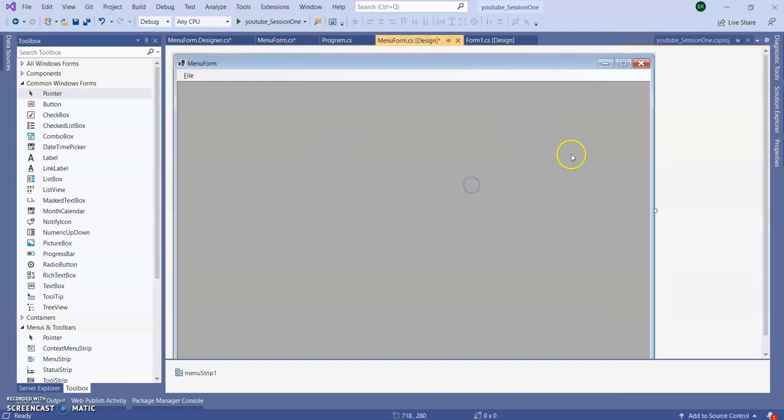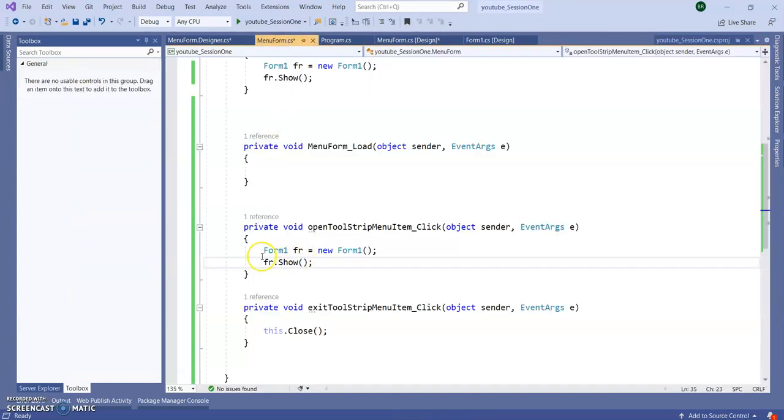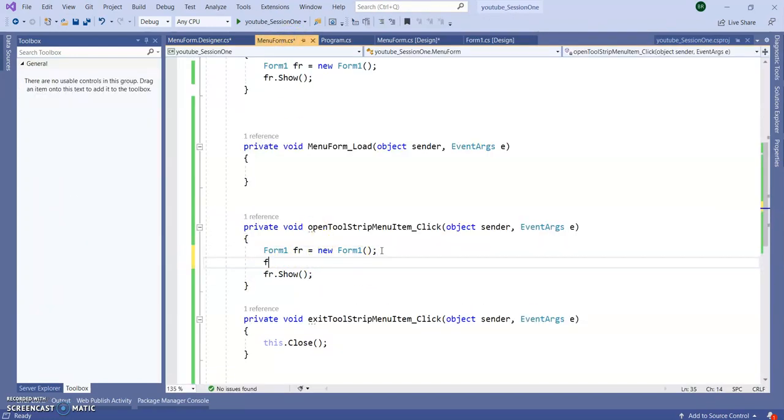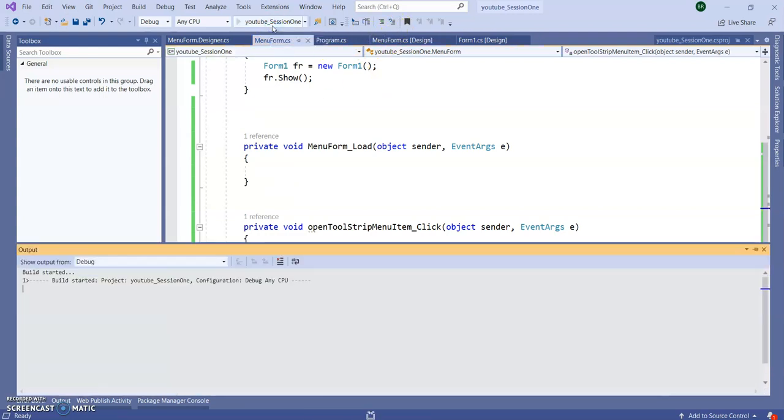You can see this background got dark. Now go to the CS file, where I am calling my form one, this register form. Before showing, I am going to call this object dot MDI parent equal to this. This means the current instance, this menu form. Now run the application.